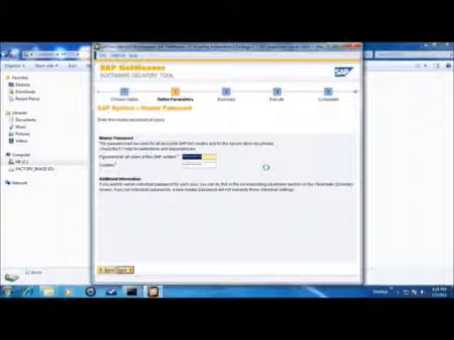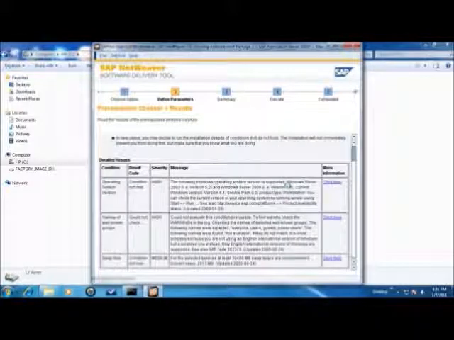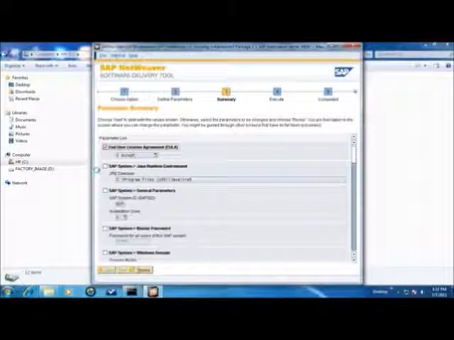On the next screen, provide a master password for all accounts that this SAP installation will create and make sure that the password is 8 to 14 characters long, must contain at least one letter, lower or uppercase, must contain at least one digit and no special characters are allowed. On the parameter summary page, click on Next if you accept all the parameter values.